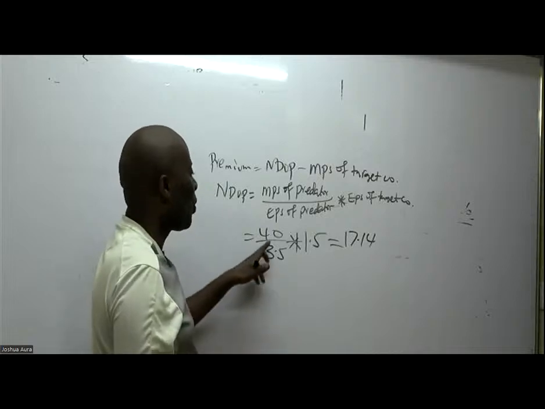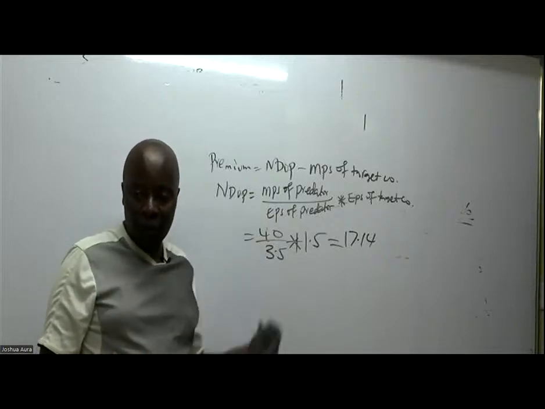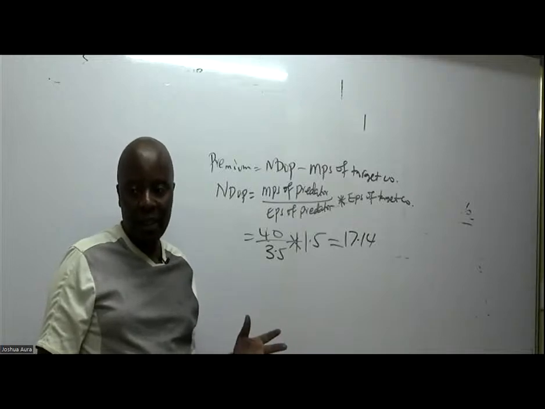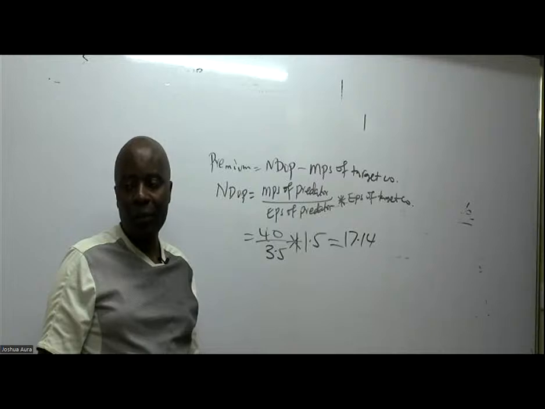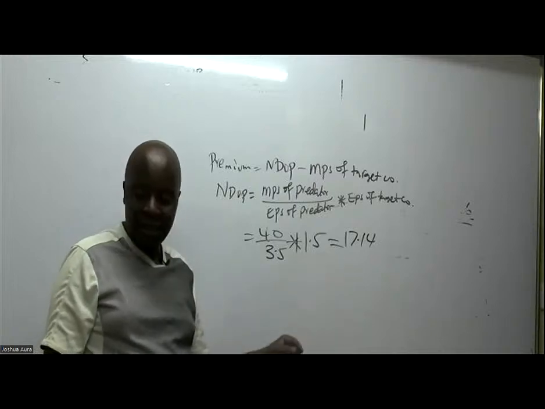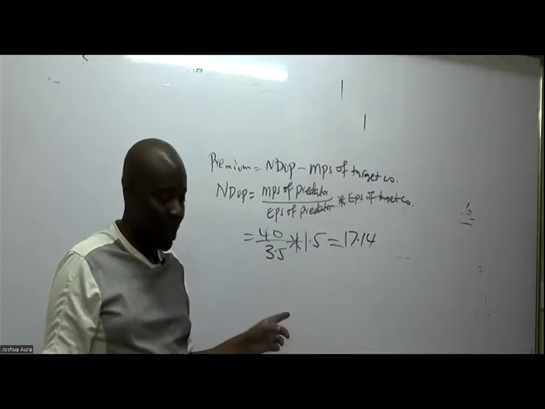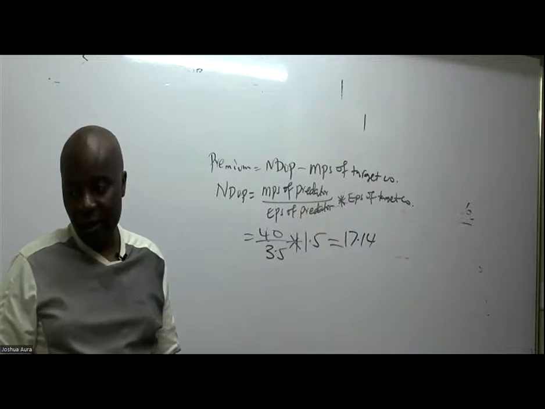17.14. Is there somebody who can give me this figure in form of a fraction? Of course, for DOP, I can leave it like that. Is there somebody who can give me this figure from your calculator? Say 40 divided by 3.5 times 1.5 equals, so according to Faye, he or she is getting